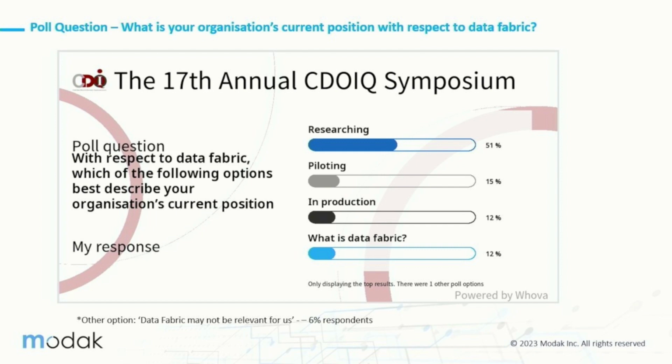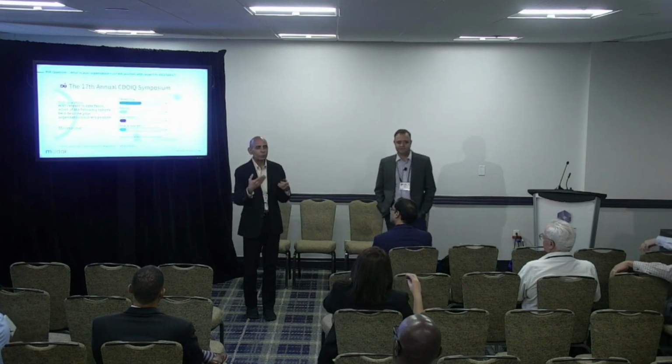So that's a whopping 63% of people who have no idea about data fabric and they're researching. So that's why it is so important. In fact, data fabric became popular when Gartner started talking about data fabric. In fact, before generative AI took all our attention away, it was all about data mesh on LinkedIn, and there was this massive war going on between Gartner and the rest of the world, data mesh versus data fabric. And then this year, Microsoft announced Microsoft Fabric. So data fabric is an important topic, and that is why today we're going to talk about different things.